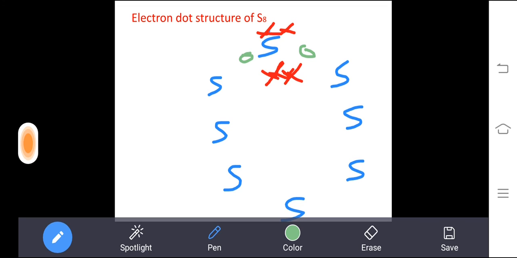Again like this you want to draw for all the sulfur. I'll draw for all the sulfur. Here one sulfur it will be there, and here also, and this one sulfur also here and here. Here one electron, here one electron, here one, here one. So near the sulfur, two electrons will be there.